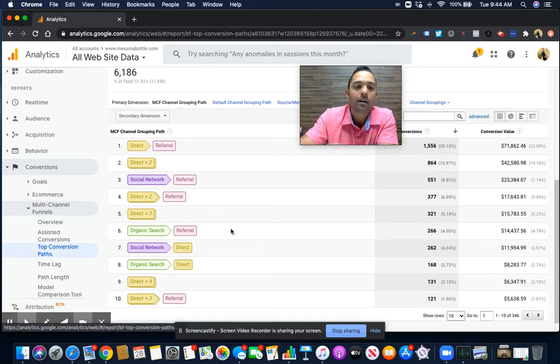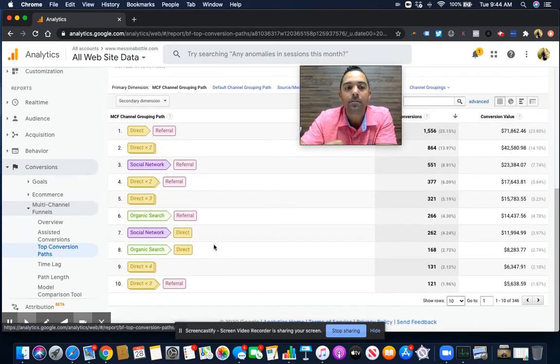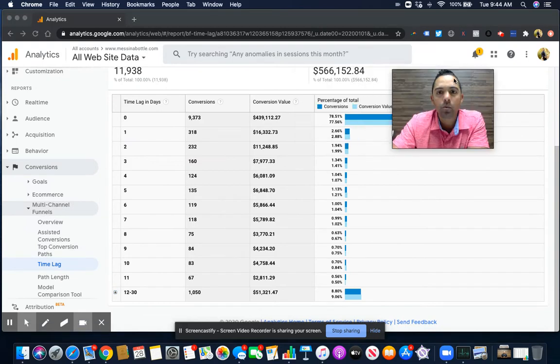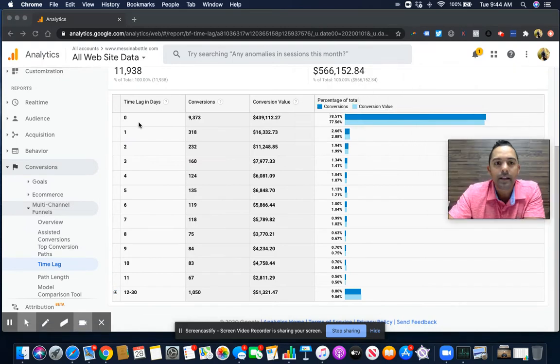All right. So make sure you're looking at your top conversion paths. Now, here's another thing that's very important, the time lag. So what you're going to see in this report is how many days it takes people before they convert. So a big misconception is this: people see your ad one time and they go ahead and convert right away. This will actually show you exactly why that's not true. So if you can see here,